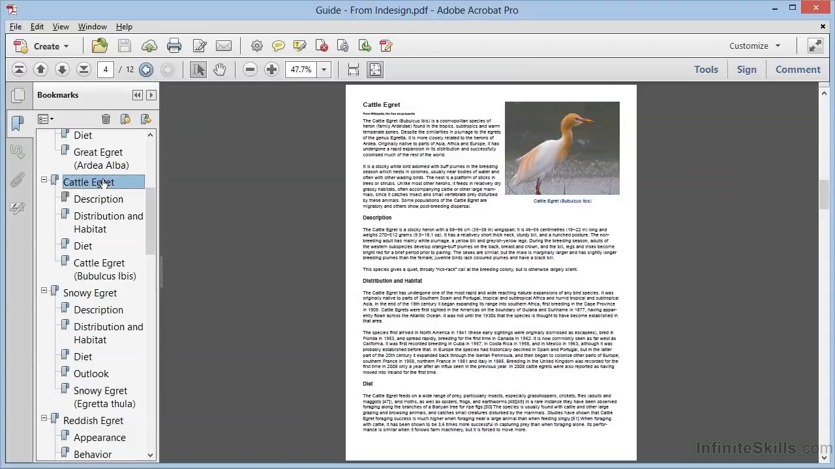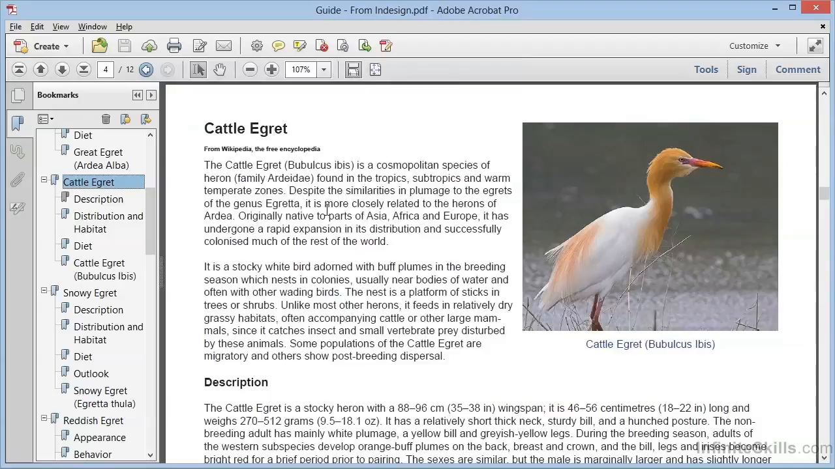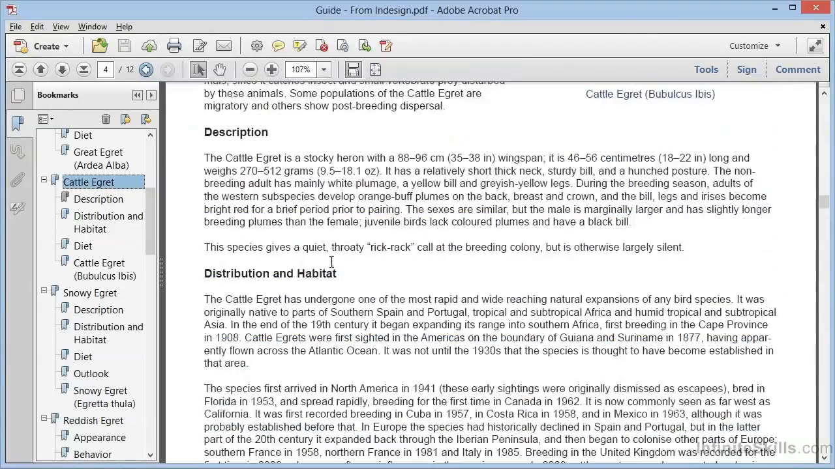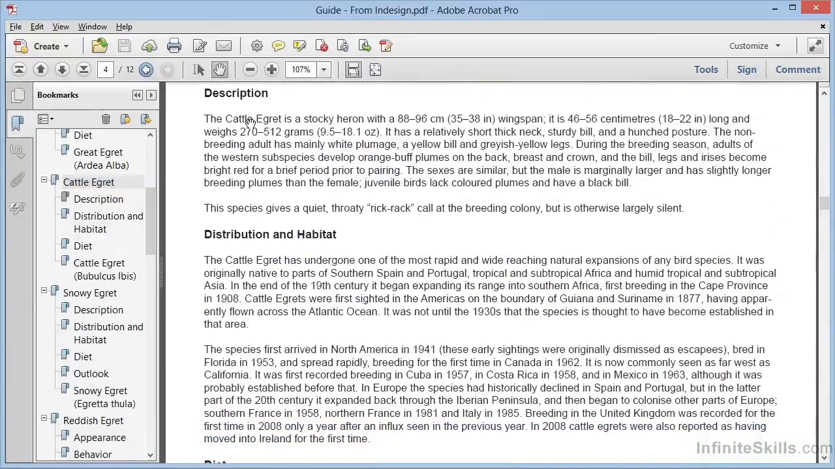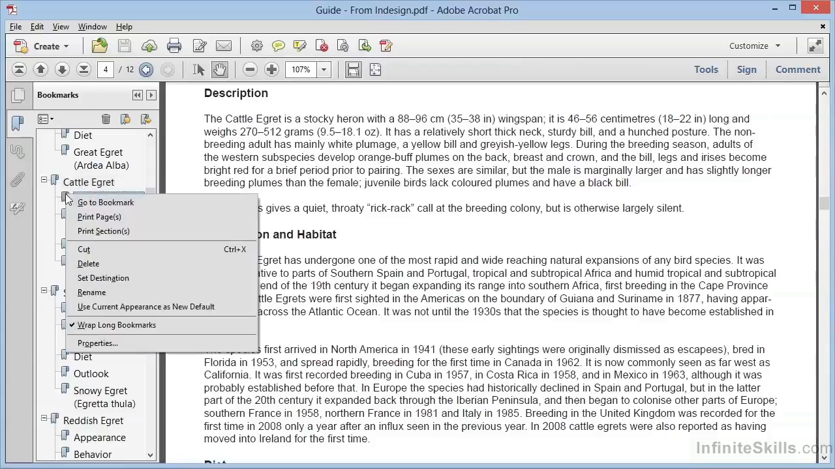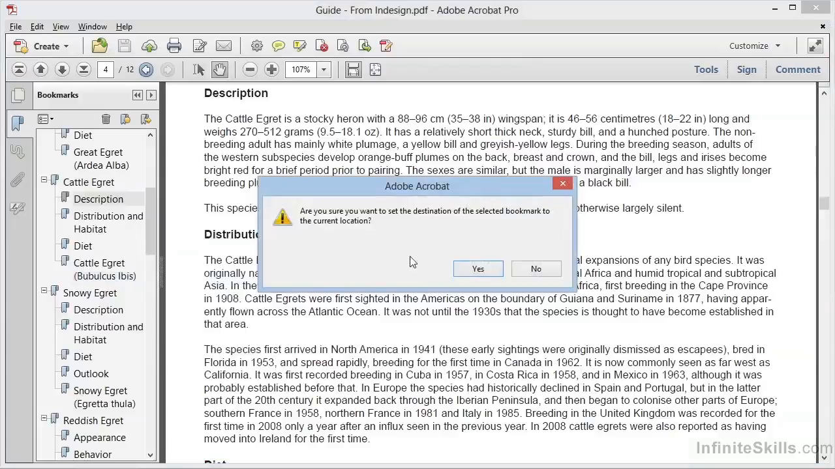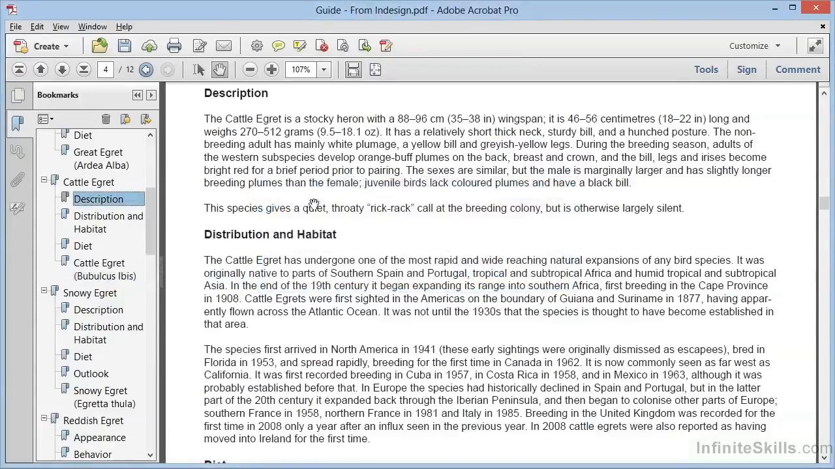We'll start working on page 4 as an example, the page on cattle egrets. Just below the cattle egret bookmark, we have a nested bookmark for the description section. What we'd like to do is to have this bookmark zoom the page to show the full width of the page and have it scroll down so that description is right at the top. Once we have this view showing on our screen, we can come over to the bookmark. If we right-click the bookmark icon for description, or control-click on a Mac, we can choose Set Destination. It will ask us for confirmation, and once we click Yes, the bookmark is set to the exact view we